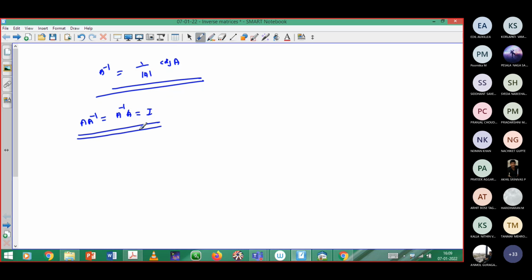By keeping this theorem as the base, we are going to determine the inverse matrix. You are not allowed to follow the earlier method. You have to use this theorem property, by which you can easily derive A inverse. How can it be determined? I can consider my A inverse as B. Just an assumption: AB equals BA equals I. In that case, listen carefully, B will be the inverse of the matrix A.